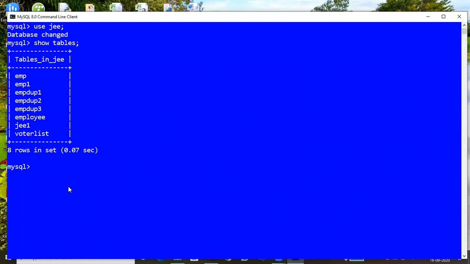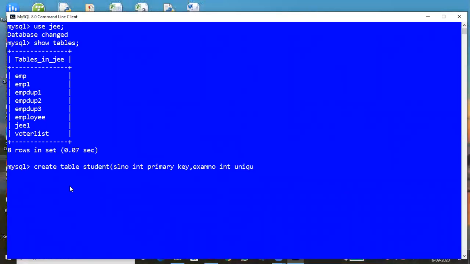Create table student. Let me do it as usual. Serial number integer, that is a primary key, that we have set. And next is exam number, that is also integer, that is unique.